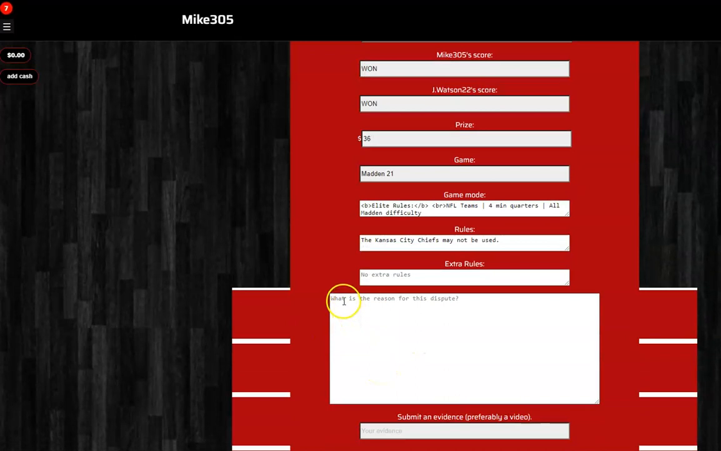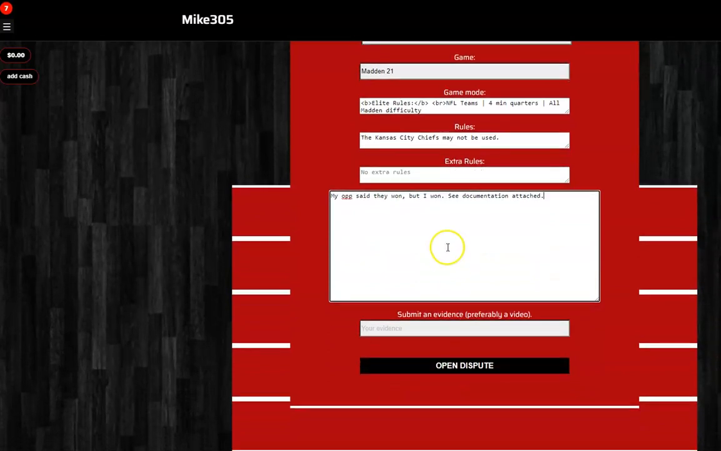So a good thing here. What is the reason for this dispute? My opponent said they won, but I won. See documentation attached. Okay, real simple. If you need to put more information in there, or you want to make it more detailed if something else happened, then by all means go ahead and put more information there. And of course you'll want to put in the link to your video. Okay, and then your picture if you have one of those too at some point. So we'll just do